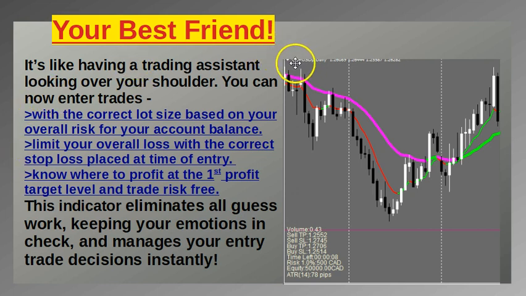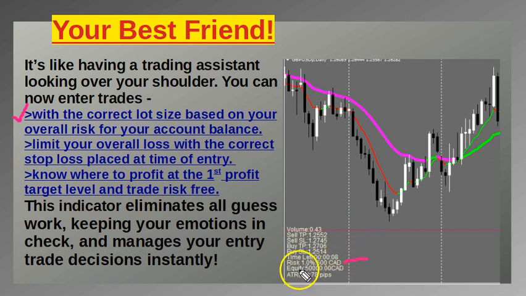So, your best friend, it's like having a trading assistant looking over your shoulder. You can now enter trades, okay? Here it is again. You can enter trades with the correct lot size based on your overall account risk for your account balance. So if you're trading with, let's say, $1,000 or $2,000, $5,000, doesn't matter. It's going to instantly show right here,